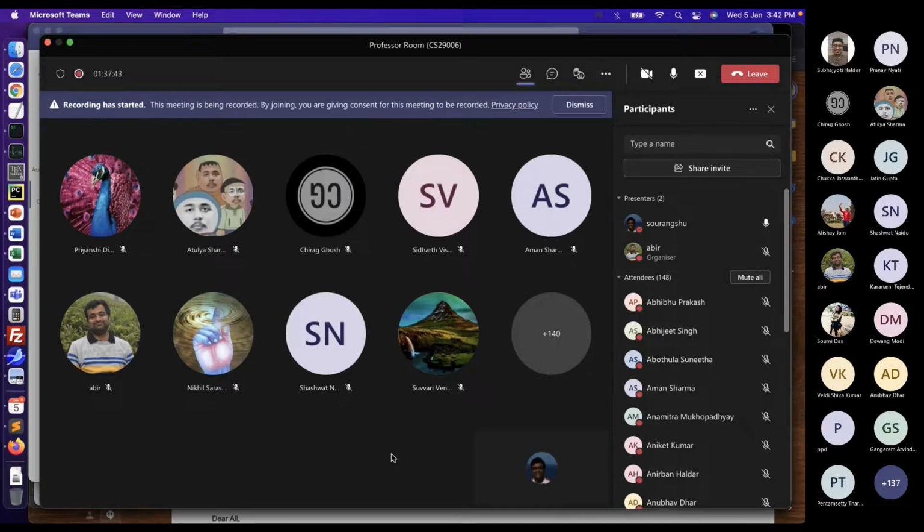So what we will do is we will float a list of projects. And then you have to form some groups. We will form groups only for the project, not for the assignments. Assignments are individual. There will be a certain mechanism by which we will allocate the projects. You have to make your choice, and then based on your interest, we will try